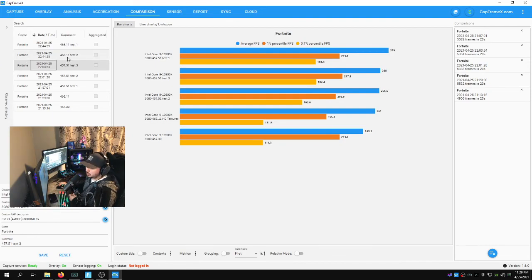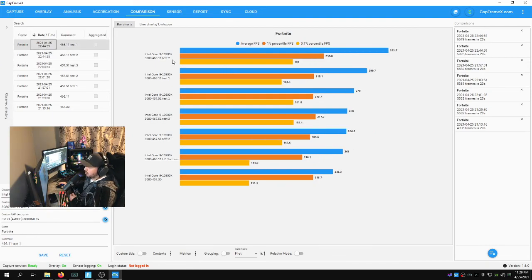Now, 466.11, done with HD textures off, we are back to what I would expect or what I've had for the previous amount of time playing this game. This last patch seemed to have caused some issues on my computer, and the game just hasn't been running as good. So we had 333.7 overall, 230.8, and then 181 on the 0.1%. Not bad at all. This is pretty good because this stress test in creative is pretty hard on the system,